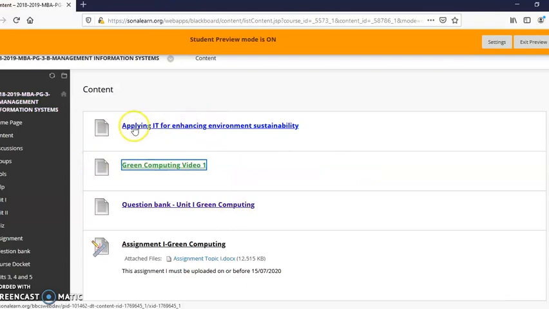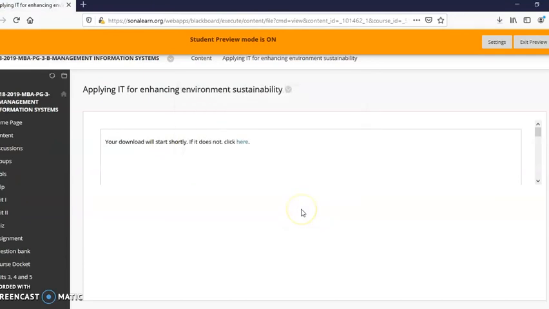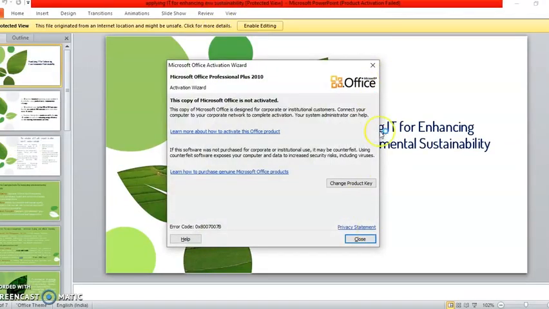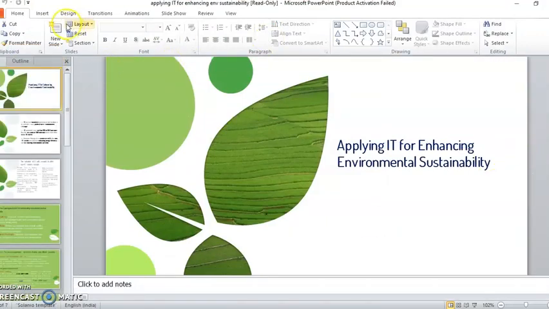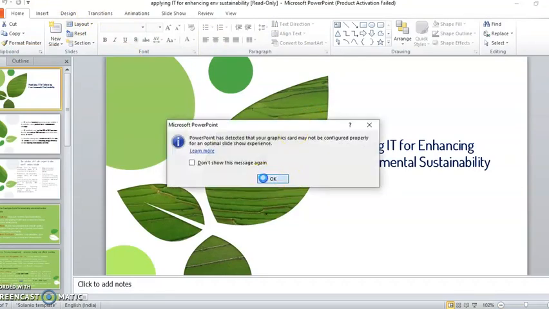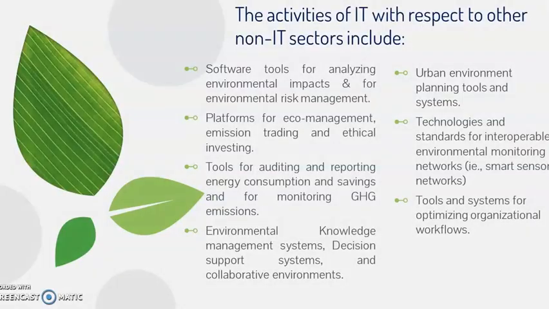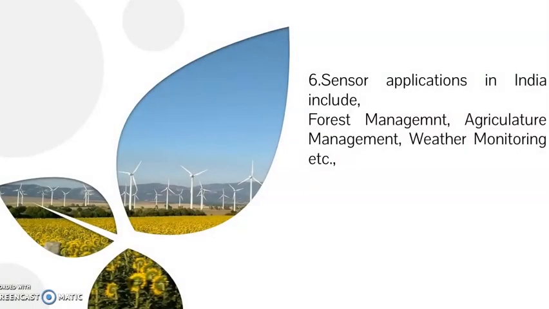Likewise, I can also view this PPT. So I am opening this PPT. From the student preview, I am doing all these things. This way the student will be opening and seeing all our learning materials that we have uploaded, and he can also download. So the student would be viewing all our materials.